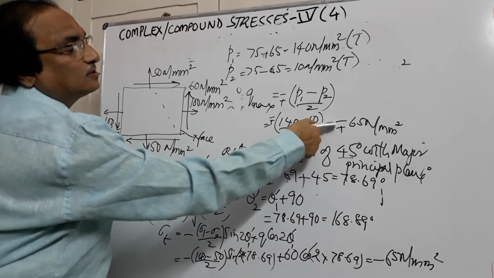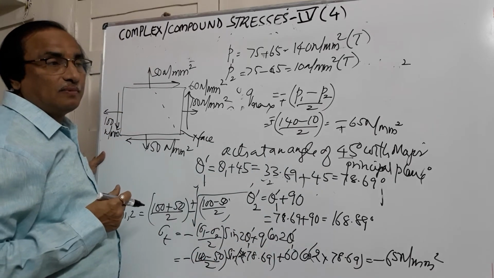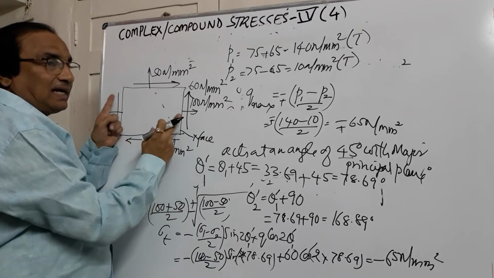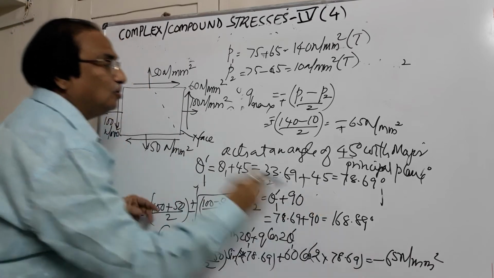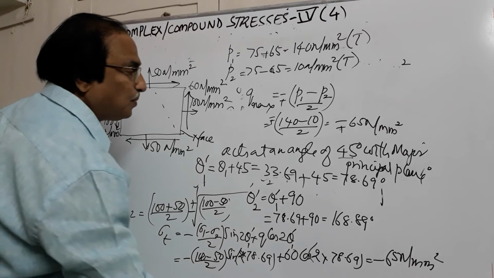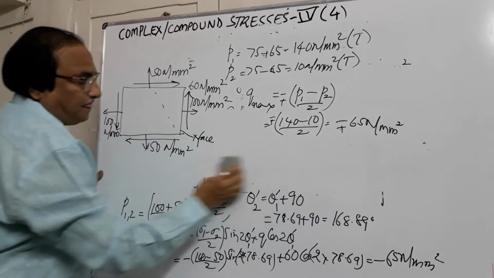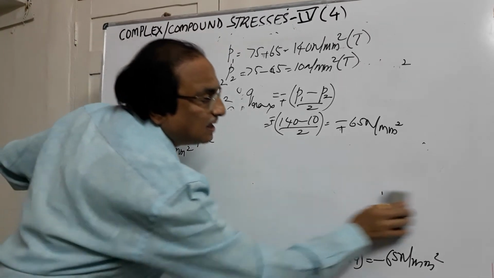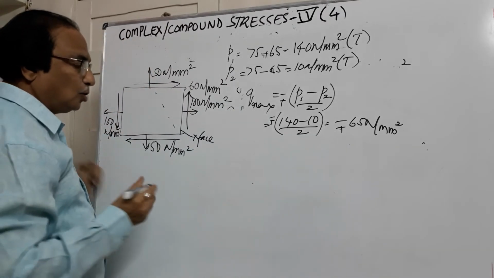We have seen it could be either plus or minus. When I simplify, we get minus 65 Newton per mm square. Minus here means it is not anti-clockwise. We take anti-clockwise on the x face as positive. Since it is negative, it will be acting in the clockwise direction. Suppose I want to plot these values on the planes: we have found theta 1, theta 2, theta 1 dash, theta 2 dash, P1, P2 and Q max.